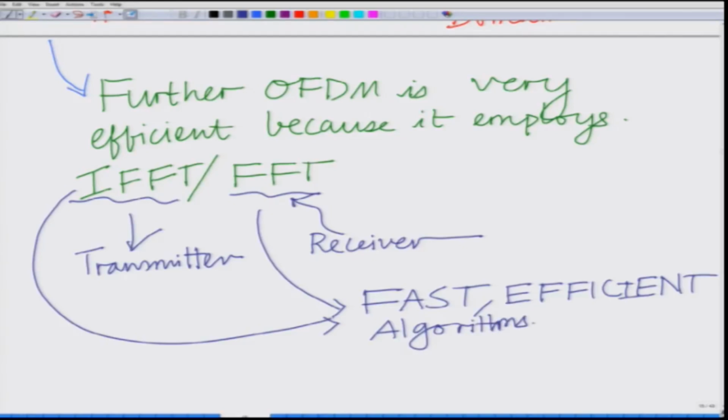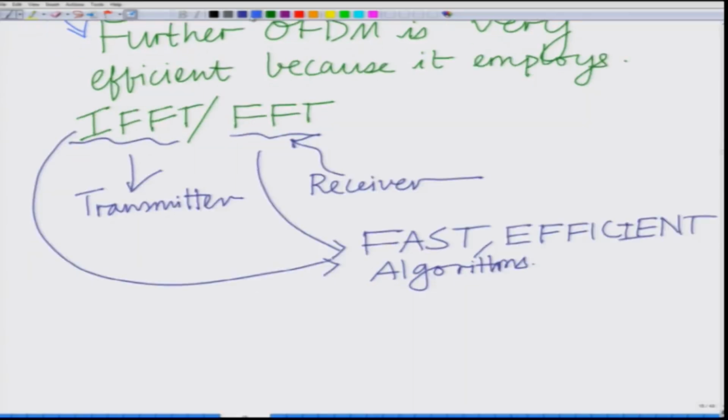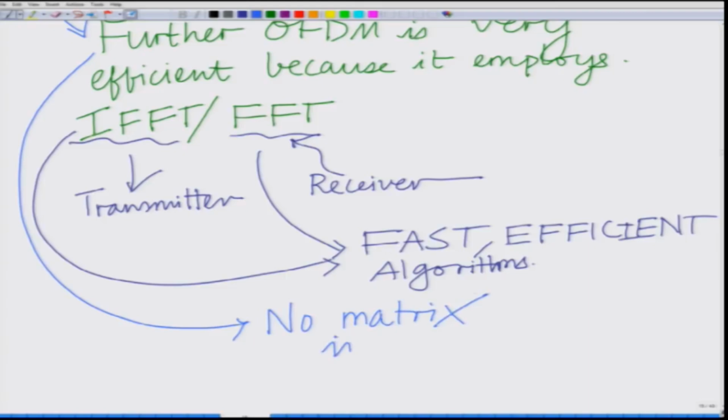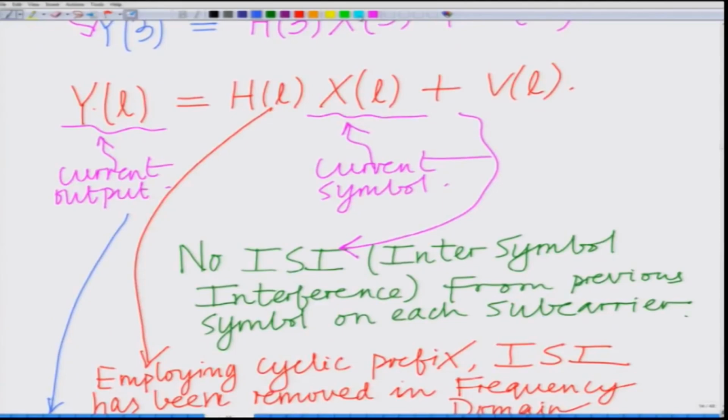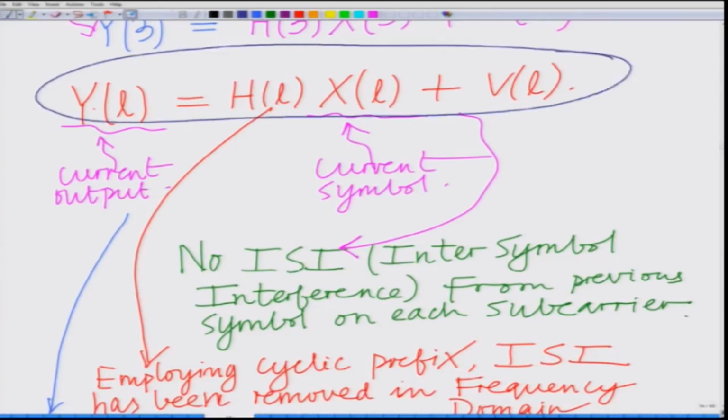And note that there is no matrix inversion, which adds to the complexity. There is no matrix inversion in OFDM. So if you look at this equation here, it summarizes OFDM,